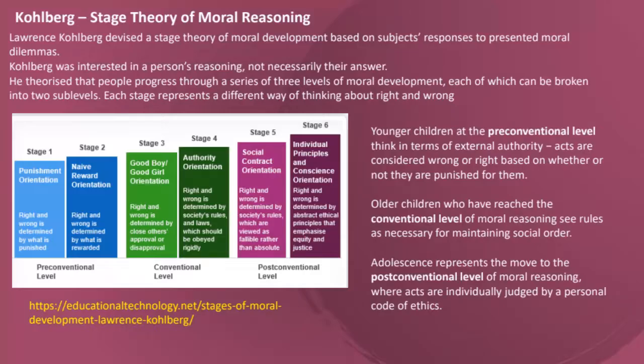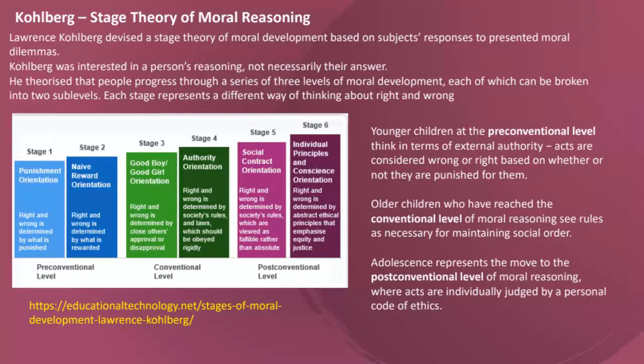adhered to. And then the final stage, the post-conventional level, is what we start to reach as adolescents and adults. And there's a social contract orientation where society puts down rules which are viewed as right or wrong, but at the same time, because of who you are, there can be experiences where you actually have to say, well, it doesn't really matter what society says, I need to deal with this because of my own moral conviction, and I deal with it in a certain way. And then the final pinnacle